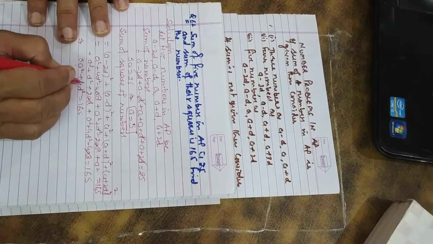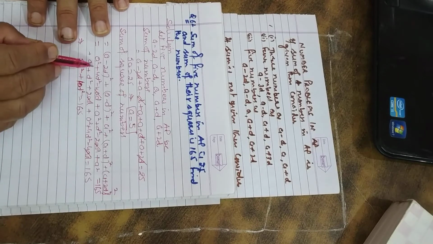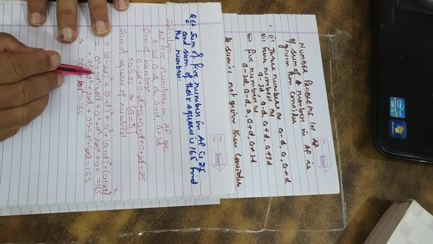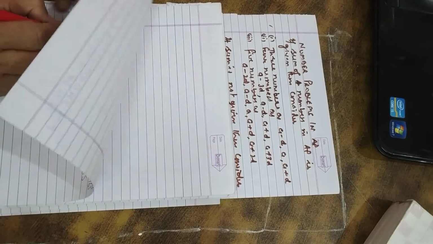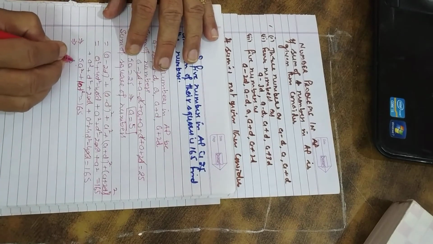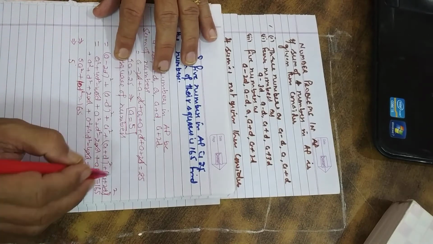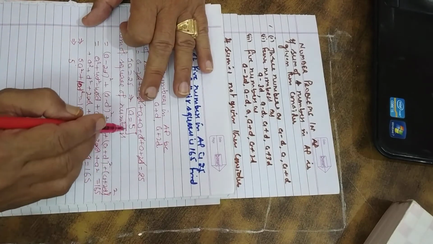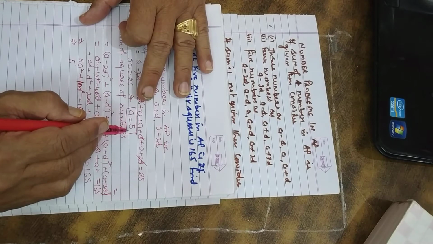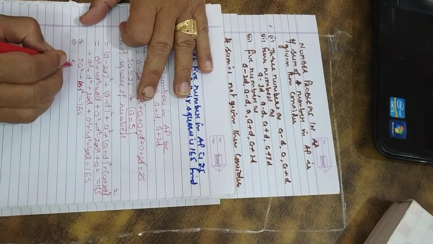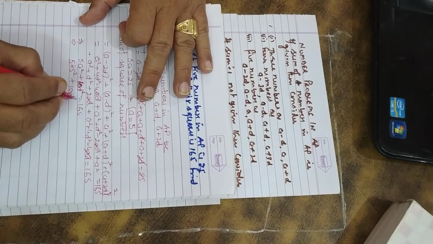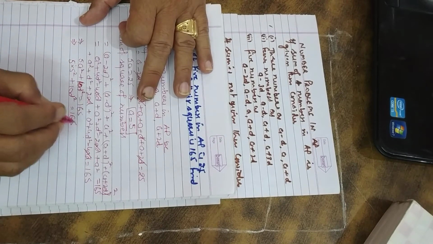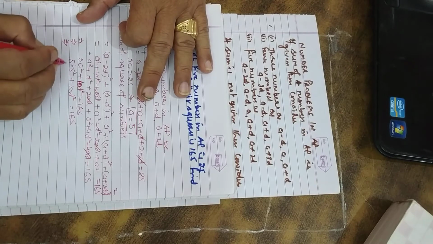5A square plus 10D square. 4D square plus D square plus 4D square plus 10D square is equal to 165, which implies 5 into A square... We have already calculated the value of A. The value of A is 5. So 5 into 5 square